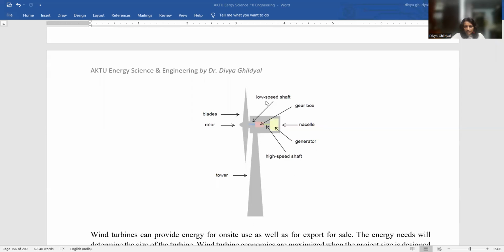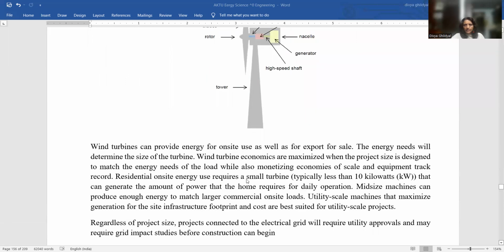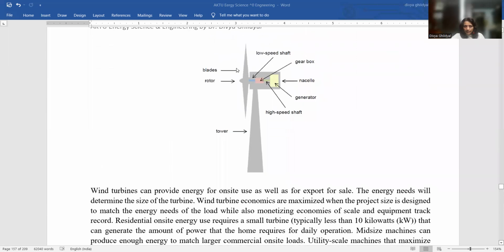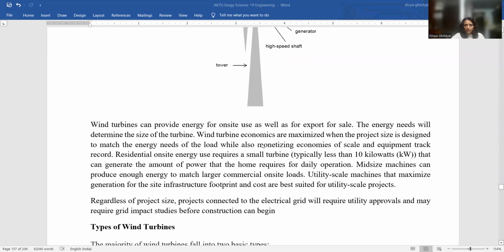They are fitted with a low speed shaft, high speed shaft, a generator, and rotor and blades. So when wind starts flowing, the blades, like fans, start moving, create energy, and this energy is converted into